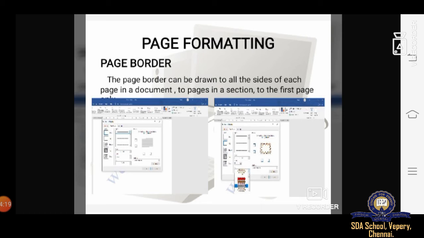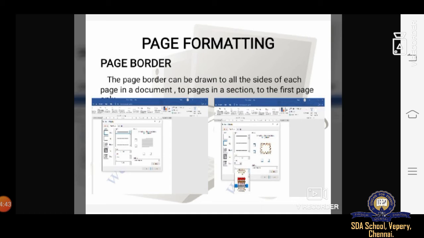Then the page borders and shading dialog box will appear. And then the third step is click on page border and select the style of the border. And the fourth step is select the color for the outline of the border and then click the OK button. After you select the border, you give the command OK.